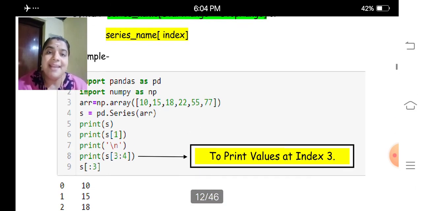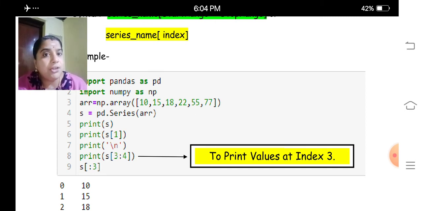Here I am selecting only the index 1, which prints the value at index 1, or 3 colon 4, or colon 3. So what happens? For the first print statement, it will print the entire series. For the second print statement, it will take only the first index value.